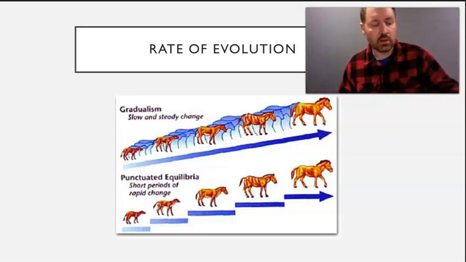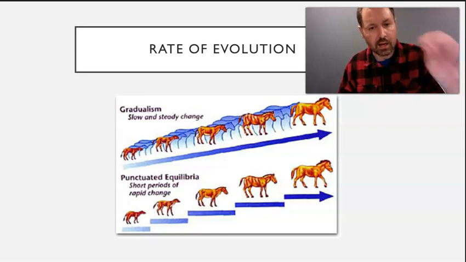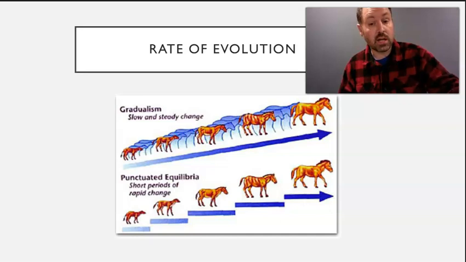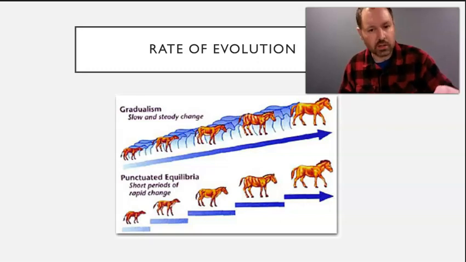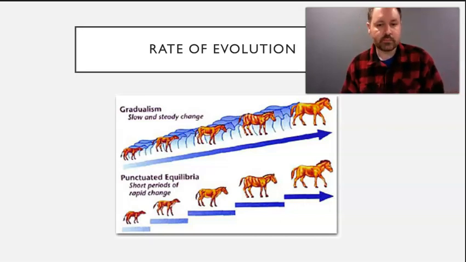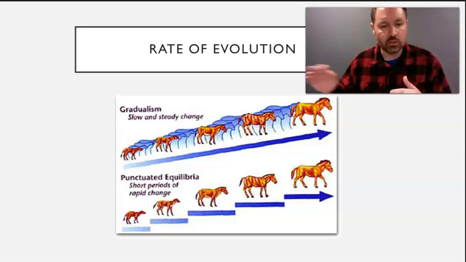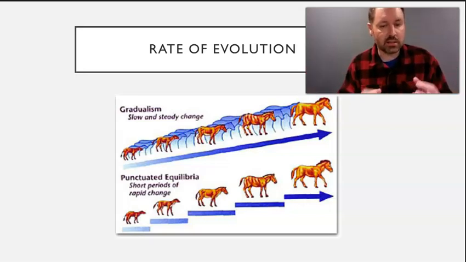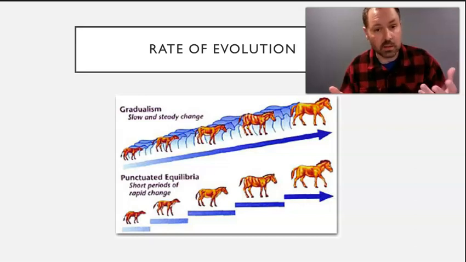This isn't the best graphic in the world, but I think it's the one that helps us understand the best. So we've got the ancestor to a horse on the top, towards the left, and then we've got a modern day horse on the right. And there are slow, steady, gradual changes that are slowly occurring to make the modern day horse. That's gradualism. But down below is something called punctuated equilibrium. And with punctuated equilibrium, instead of slow, steady, gradual changes, the horse essentially stays the same. We're talking potentially for millions of years.